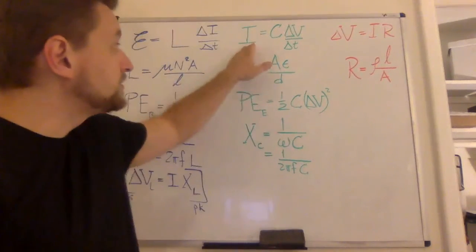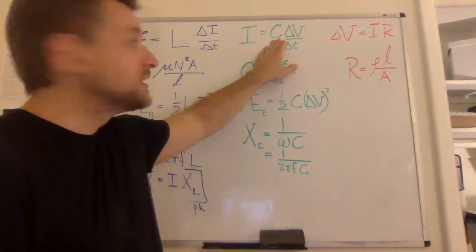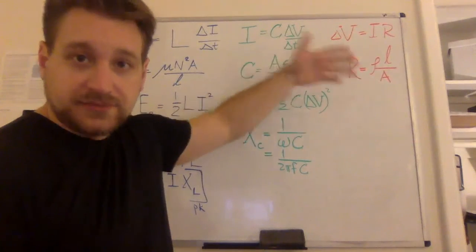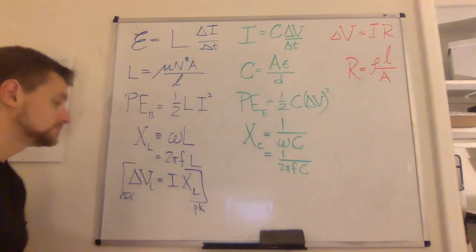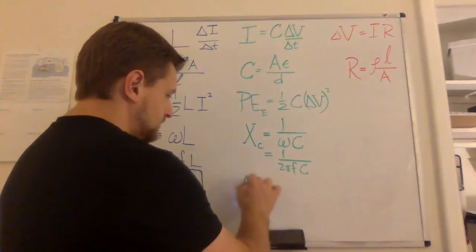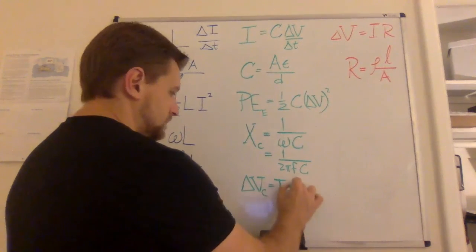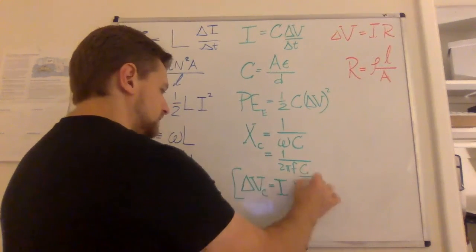For a given amplitude and a given capacitance, the faster you alternate, the smaller delta T becomes, so the smaller delta V gets to be. And another way to say that is that the potential difference across a capacitor, again,